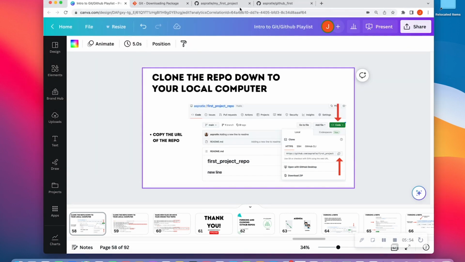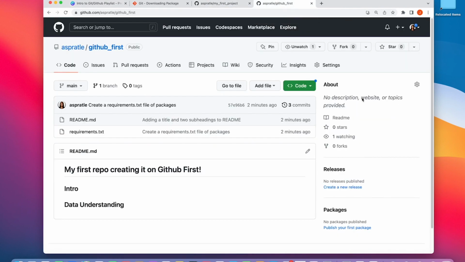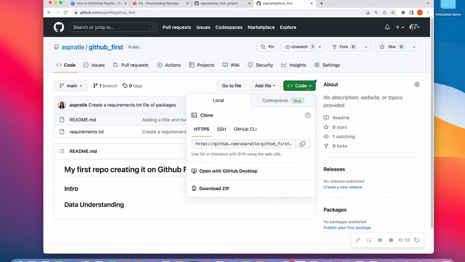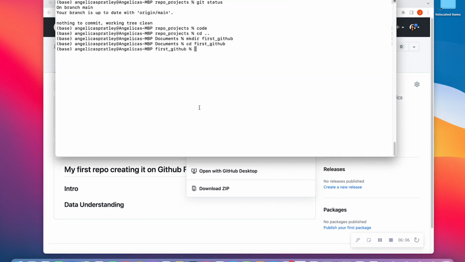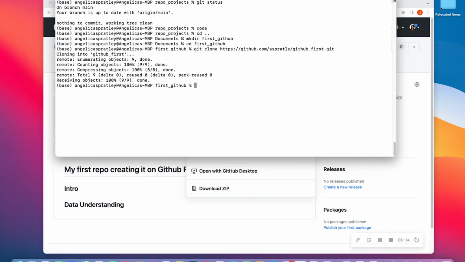So what I'm going to do is I'm going to go to my GitHub first. I'm going to hit the code, and I'm going to copy this code. And then I'm going to do a git clone, and I'm going to paste that URL. And what it's doing is cloning down that repo inside my first GitHub folder. So now when I hit LS, I see that I list out what's inside this folder, and it's my GitHub first repo. So now I'm going to navigate into this repo,